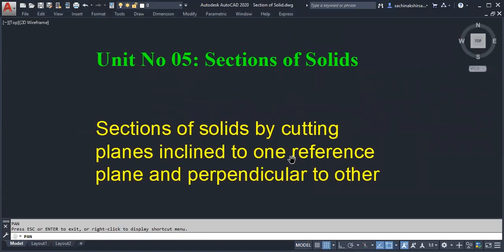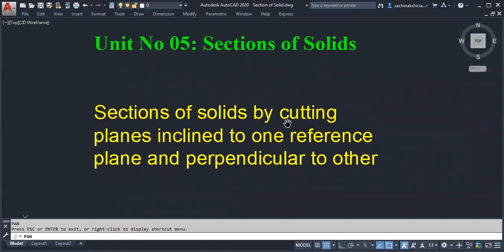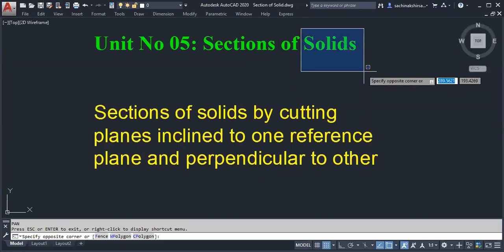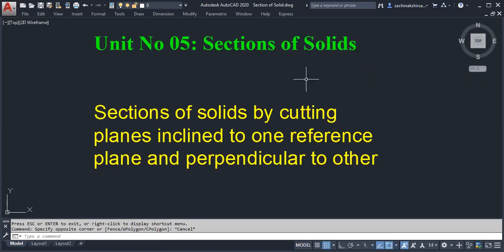So we have started chapter number 5. This will be our last chapter. From the syllabus, sections of solids, and it is a mere revision. The things which we know already, that only we have to utilize here. Nothing new we are going to see. So solids, already we have seen. What does it mean by solids? Definition of solid, classification of solid. Polyhedron, solids of revolution. Polyhedron is further divided into prism, pyramid, tetrahedron. Solids of revolution are further divided into three parts, which are cylinder, cone, sphere. That we discussed at the initial stage only.